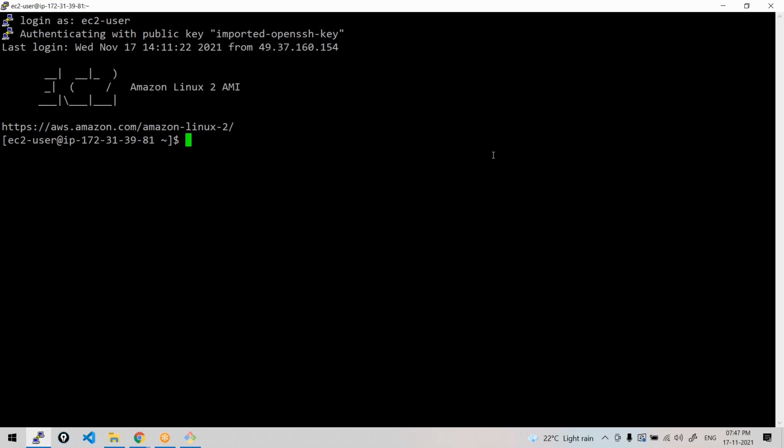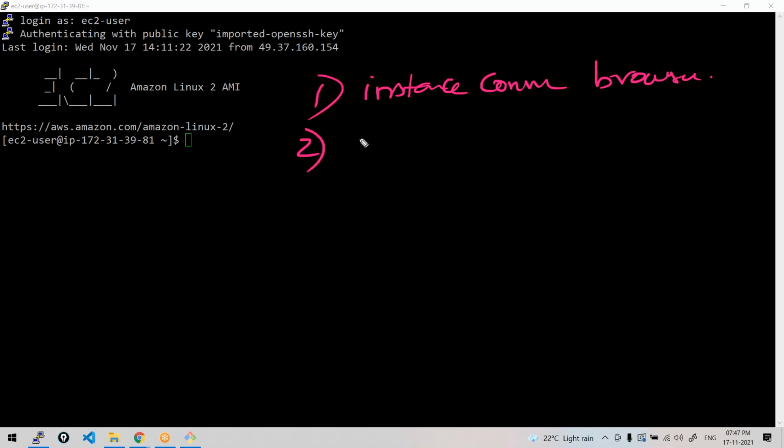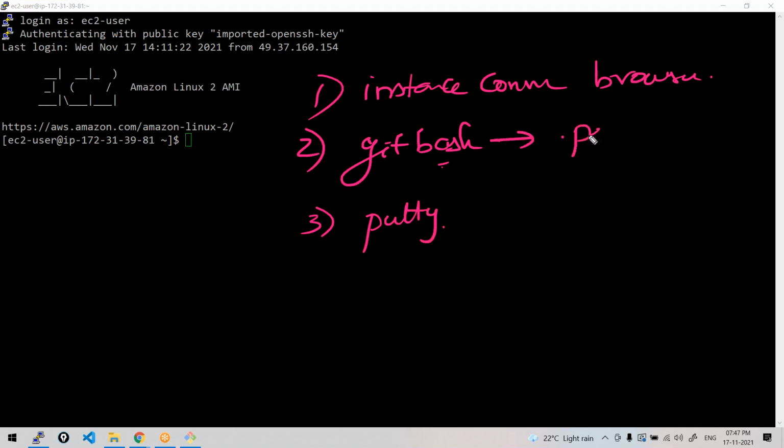If you are a complete beginner here, don't get confused. We have connected to our instance in 3 methods. One is instance connect from the browser, which is not an effective method. The other one is via Git Bash, which is an SSH client, an interface to connect to remote servers. Git Bash uses the PEM file, whereas PuTTY uses the PPK file.